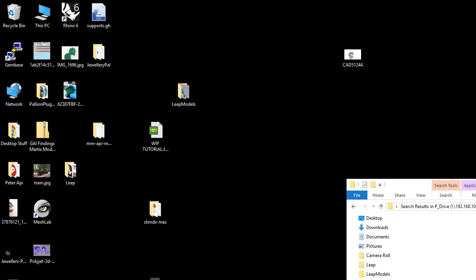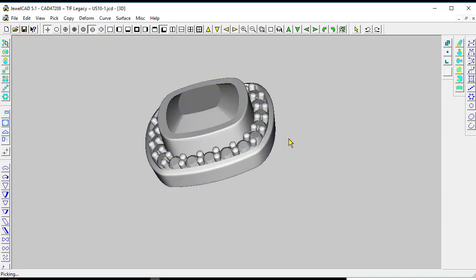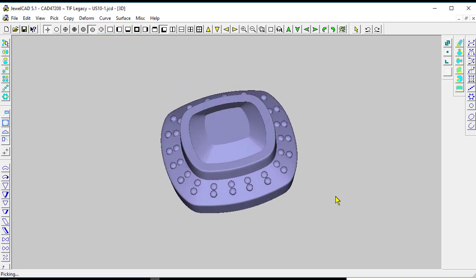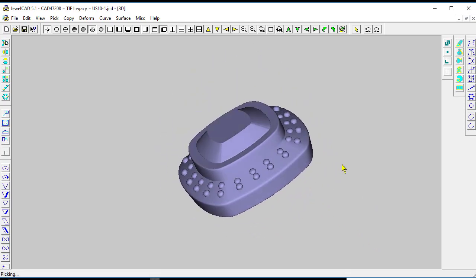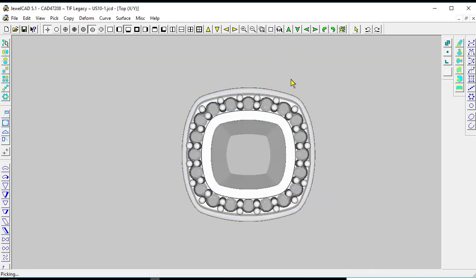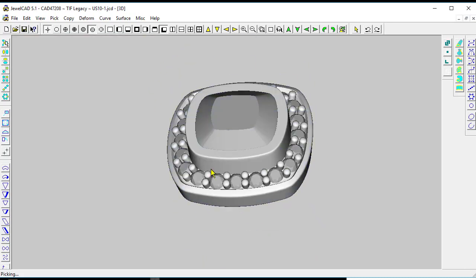This is Shukri, and today I'm gonna show you how to export a good STL from JCD. So we have this piece. I know JCD subtracts in a different way than Rhino or 3Design. So whenever you try to export the STL of this piece, it's not